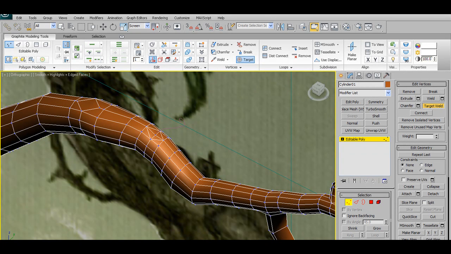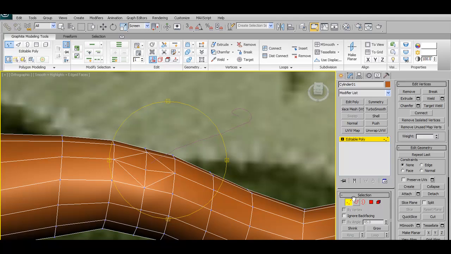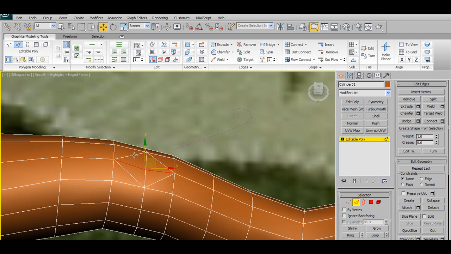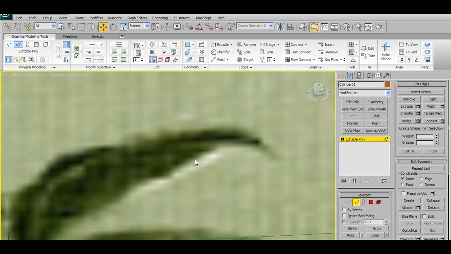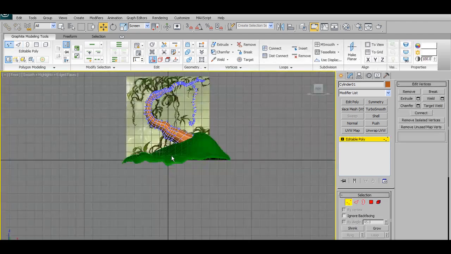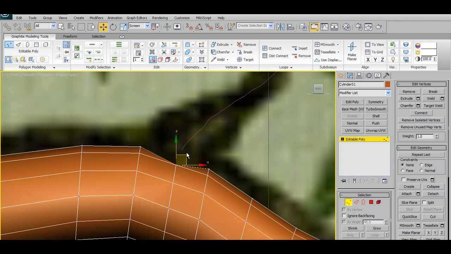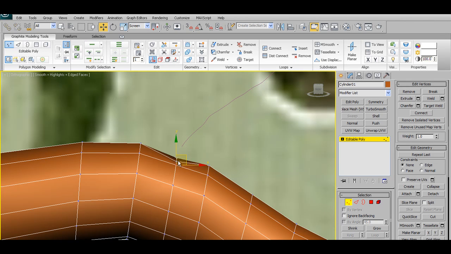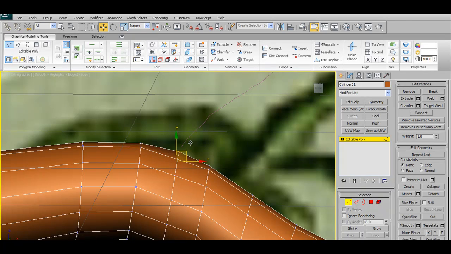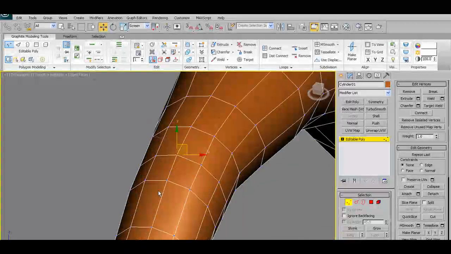It appears that my rotation axis is kind of wonky. Alright, so we'll just pull out these extra edges here. Select those very quickly and remove. And let's quickly switch back to a front view and try to round out this geometry a little bit. Let's bring it back to its original form. Now I think what I'm going to want to do is, rather than having that extrusion point,